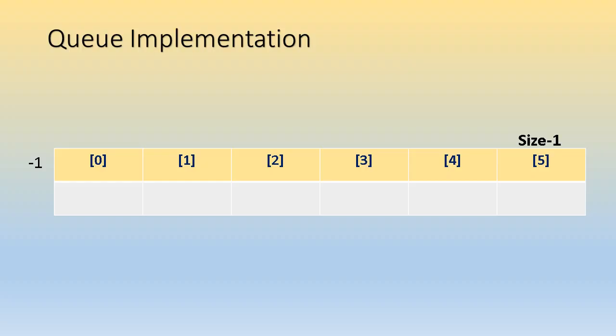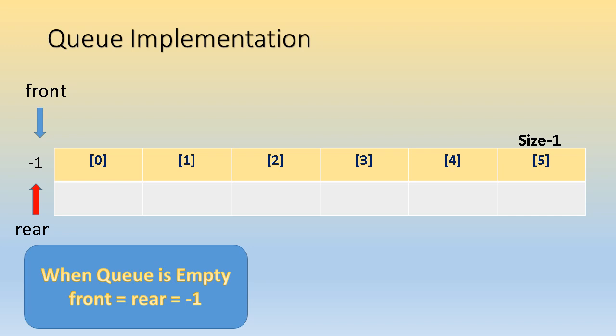In this slide we will see how a queue is implemented. So we have taken one array for the queue, and that has 6 elements. So indexing will start from 0 till 5. For a queue, as we know, there are two open ends, front and rear, so we need two indexes. When the queue is empty, meaning no element is there, like here you can see, then both front and rear index will point to -1. So this is the condition to check whether the queue is empty or not. When the queue is empty, front and rear are at -1.